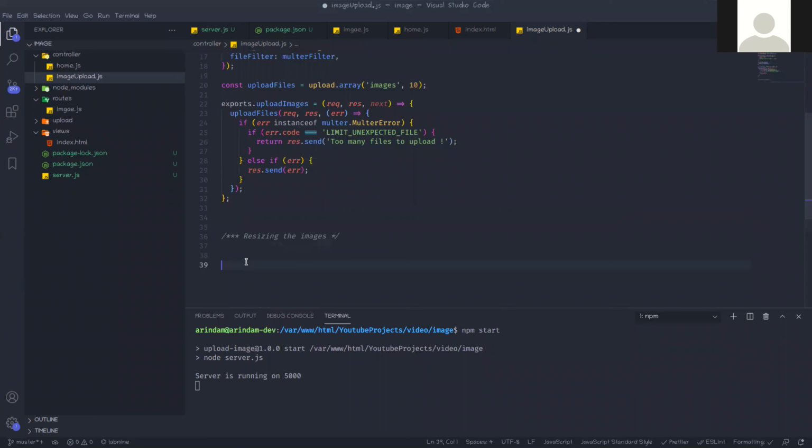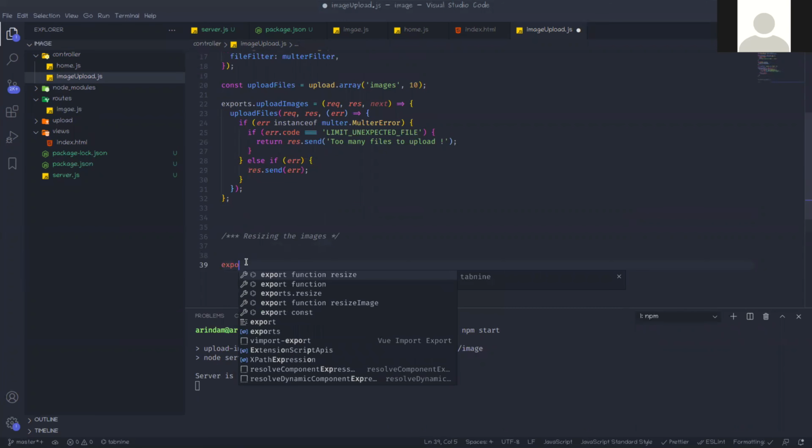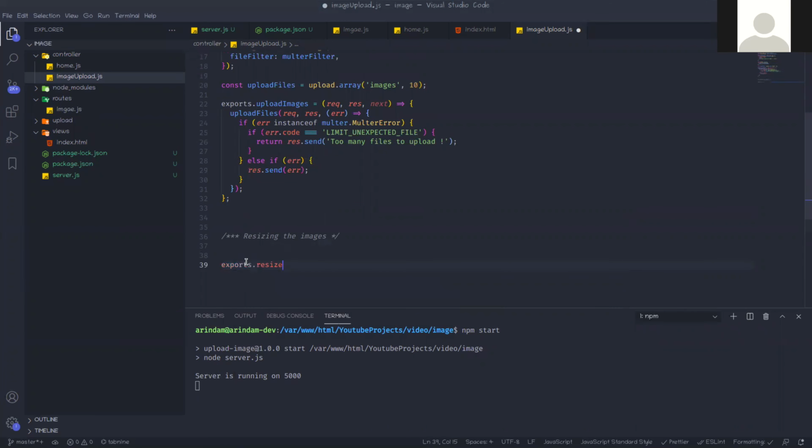So for resizing we are creating another function, exports.resizeImages. Same thing, we are calling an async function. First one is request, then res, then next.